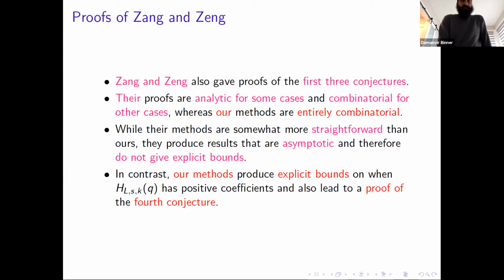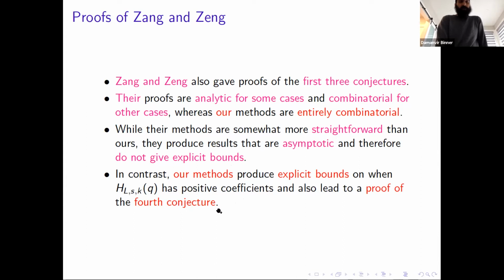We use a series argument at one place, but that can be easily replaced with a combinatorial argument. Being analytic, their methods are somewhat more straightforward than ours. However, they produce results that are asymptotic and do not give explicit bounds. Being combinatorial, our methods produce explicit bounds on when this series has positive coefficients